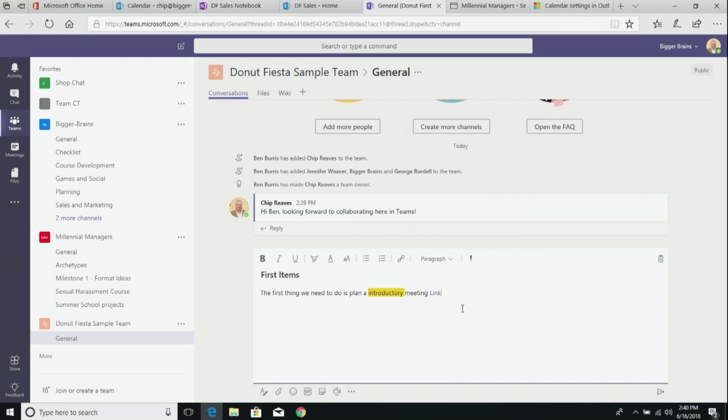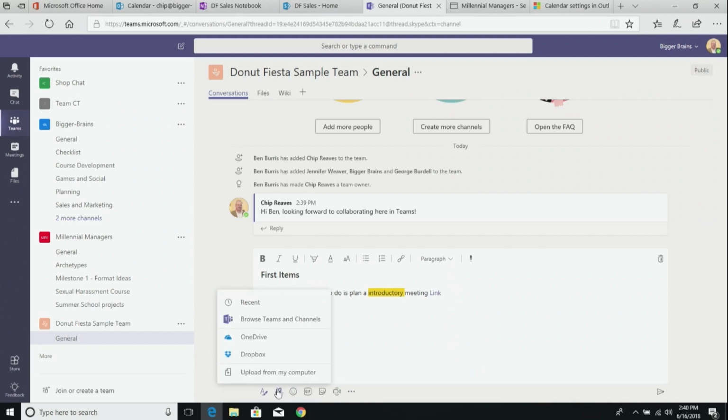I see. I can also choose to upload documents directly here in the conversation. So for example, if I click on this little paperclip, I can choose to upload from my personal OneDrive, my Dropbox if I've linked it to this application. I can upload from my computer, or I can browse other teams and channels that I have access to. So if I choose this,